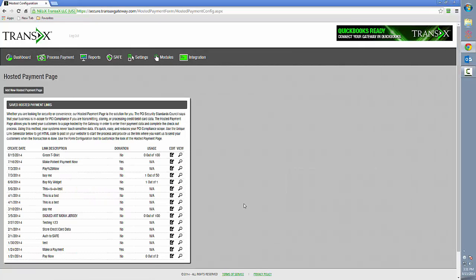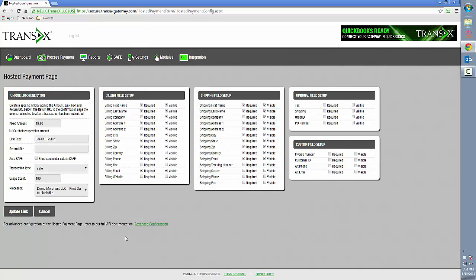You'll see a list of the existing HPPs first, and you can also click the button at the top that says Add New Hosted Payment Page if you'd like to create a new one. In this case, we'll edit an existing one for green t-shirts. It's the exact same form that you'd see if you had started a brand new one, but we've got some information pre-filled for us. The first tile here, Unique Link Generator, has some key information about how this particular HPP